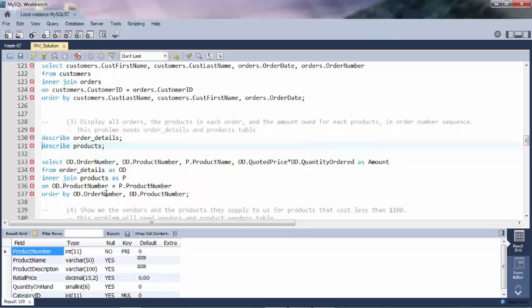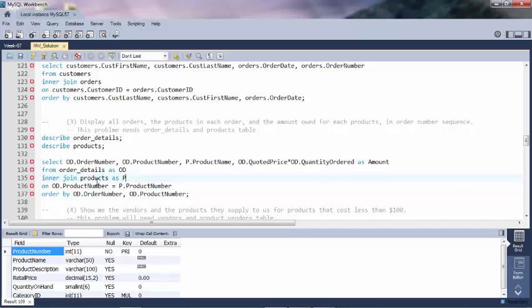In this example, we use an alias, the AS. The order details will be represented by OD, and the products will be represented by P. By using the shortcut, we can save some space and make it easier to write your SQL